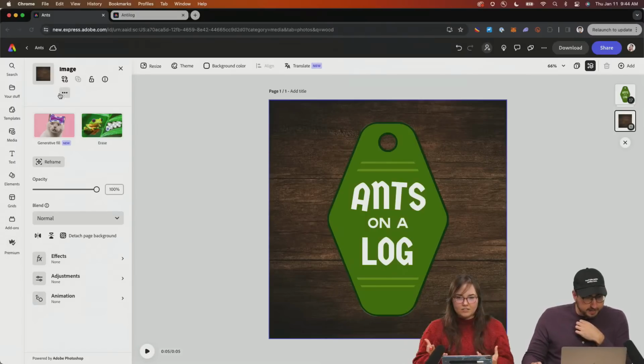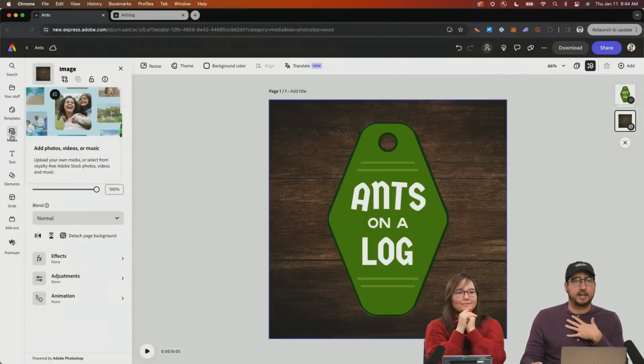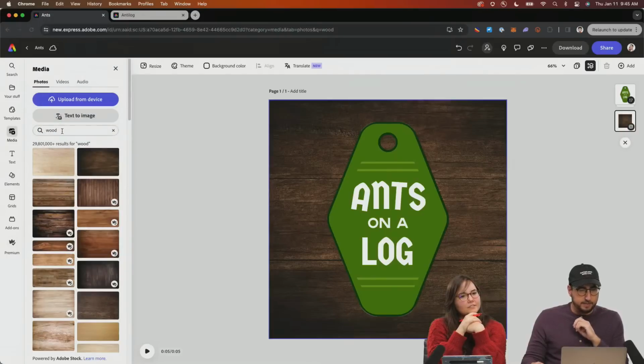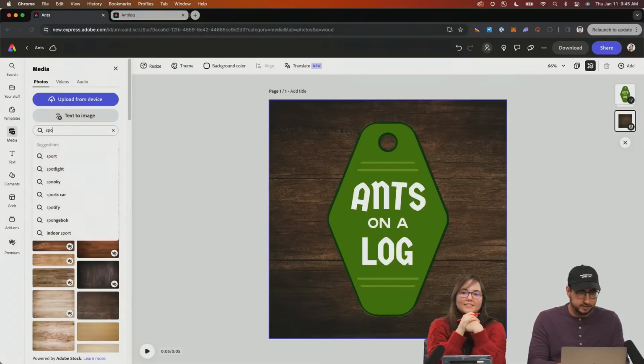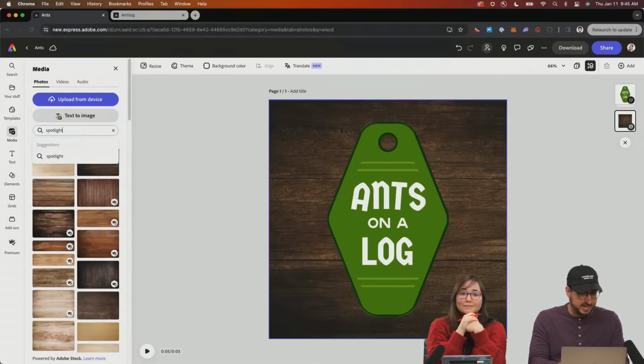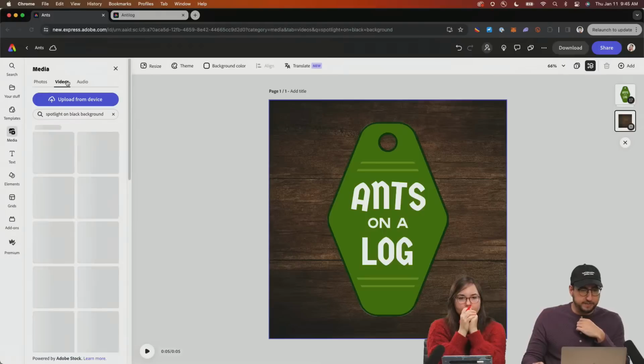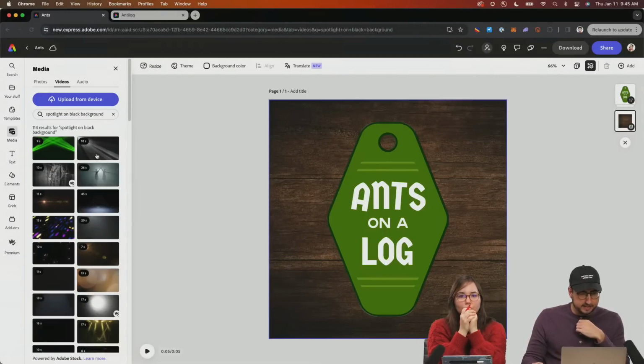Yes. And then I'm also going to come over here, and I like to add a little bit of video, but as texture in Express. This is a workflow that I think is very unique to Express. We're going to go to media, and then I'm going to click here, and I'm just going to do spotlight on black background. Dramatic. Yeah. And then we're going to go to videos right here and see what kind of fits the look that